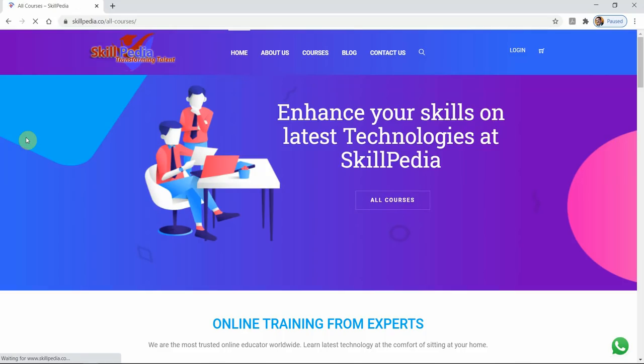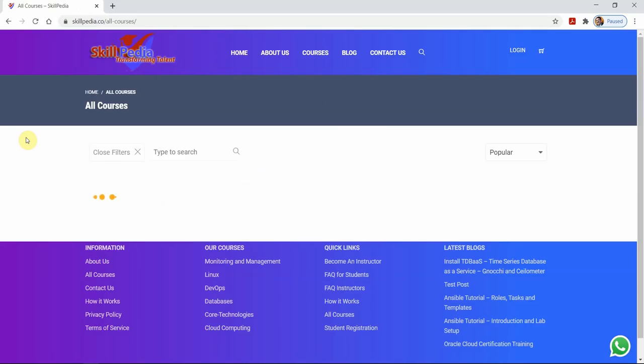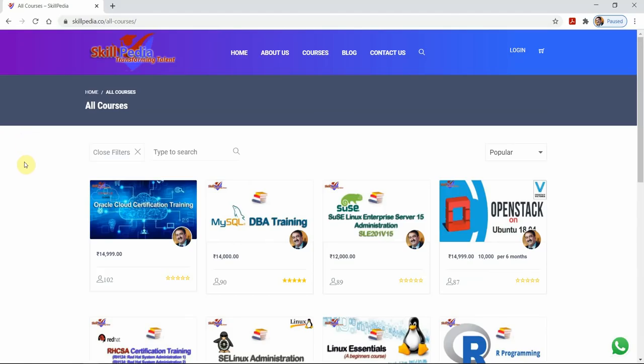This session is on OpenStack Swift and OpenStack Barbican. Two main services, object storage and Barbican. Object storage is like S3 bucket in AWS, object storage in Oracle Cloud, and other service providers. Any cloud service provider has the concept of object storage. And every cloud service provider also has a concept of secret key management service.